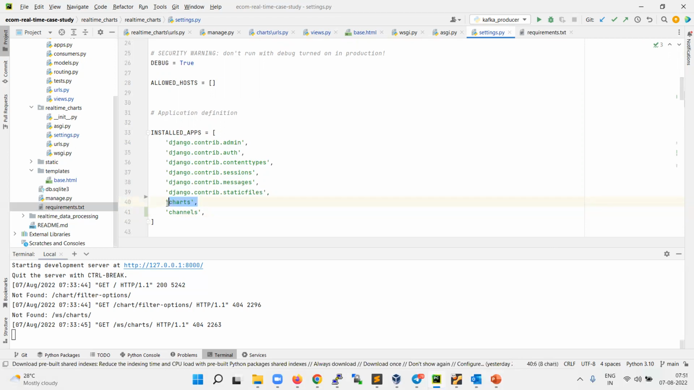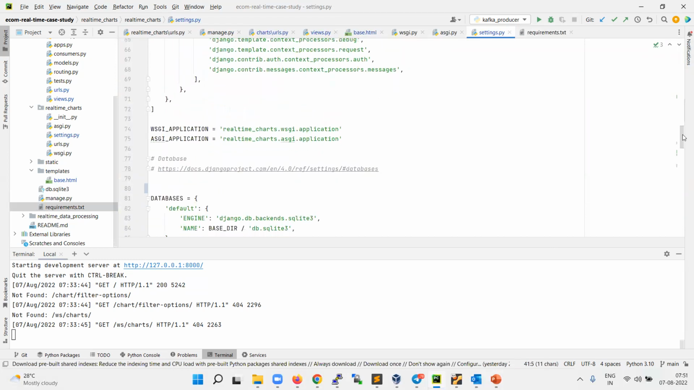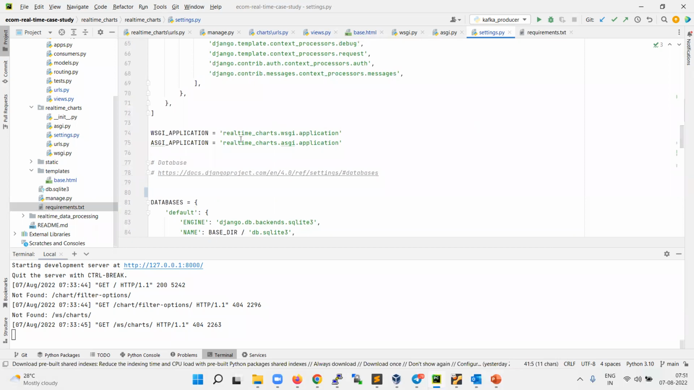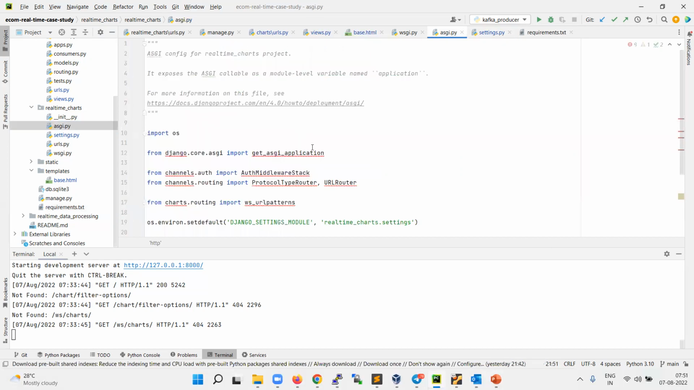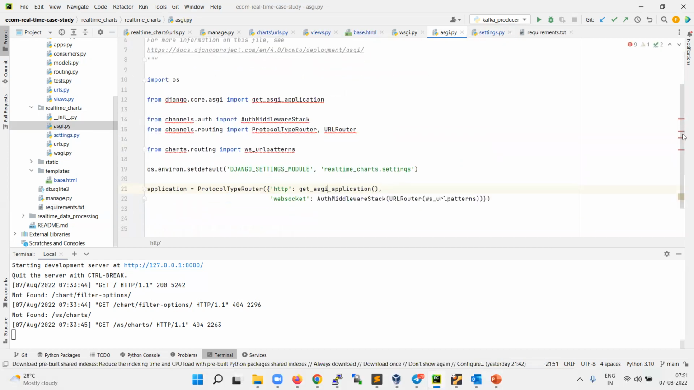And apart from that, this is our application. Since we are using channels, that also needs to be mentioned in this file. And for asynchronous communication, we have to enable ASGI, which is the asynchronous server gateway interface. So if you go to this file,